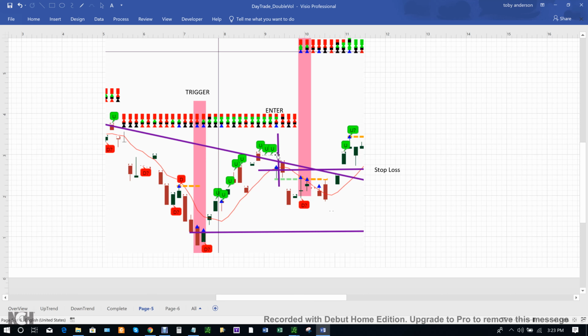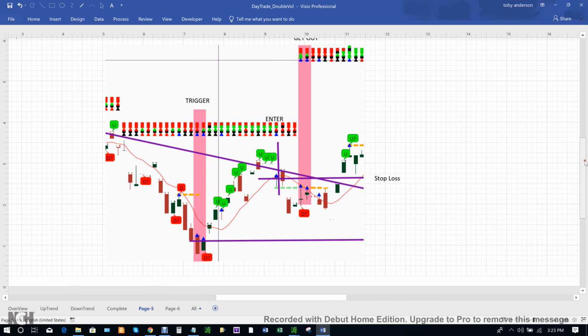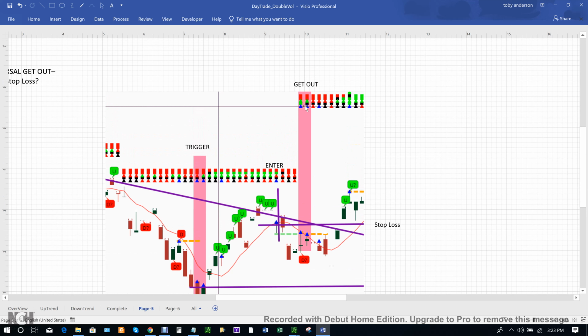And now what happens? You get 2 blue triangles, volumes, and a green momentum and a black momentum. So this is saying a whole bunch of people are buying stock, and its stock price is going to go up. So you need to get out. So when that happens, you should get out. Your first chance to get out would be right there. So you should have gone out right